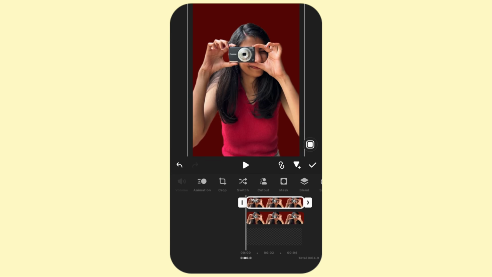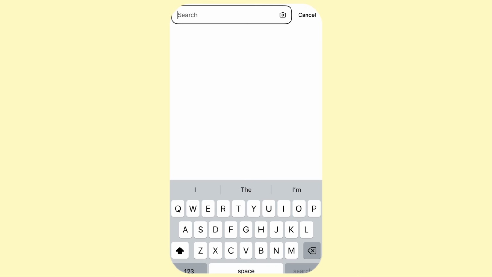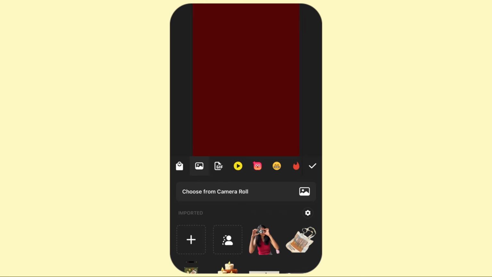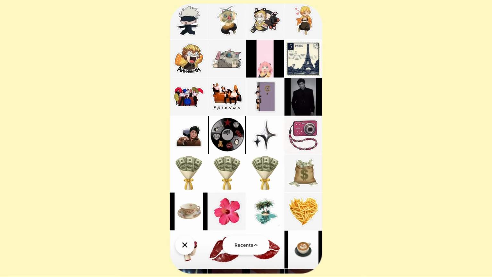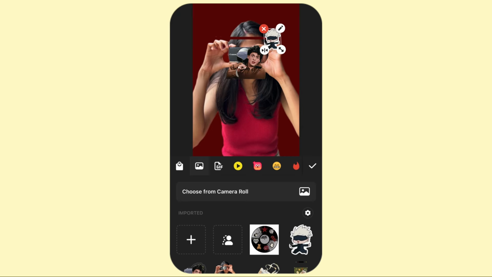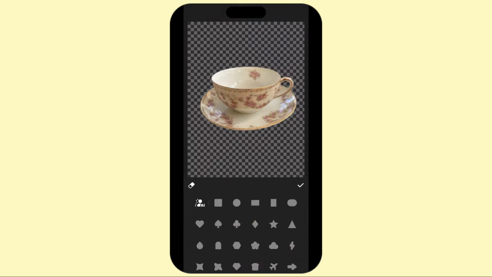Now again we have to use 3 keyframes on each layer, and from the center keyframe from both layers we have to pull each video in and out of the frame as shown here. You don't have to touch the first and last keyframes of both layers. Now you have to head to Pinterest and download your favorite stickers, like the things that actually go through your mind. Like here I have downloaded coffee and have made a cutout from that. Similarly, you can either choose the stickers from Pinterest or maybe from your gallery and import each and every one in it. You will have to put around 15 to 20 stickers